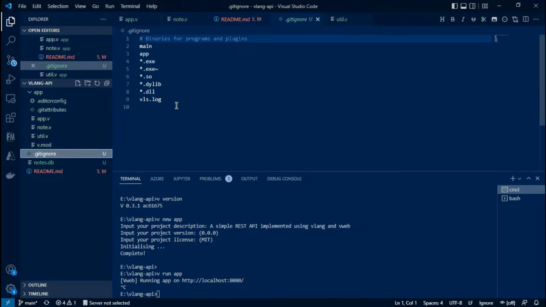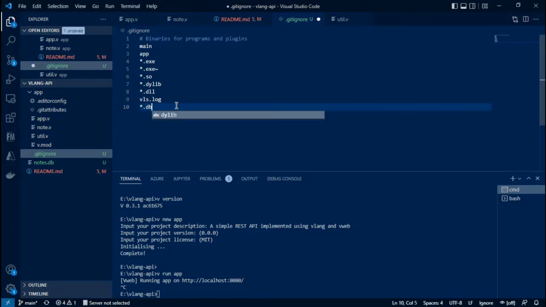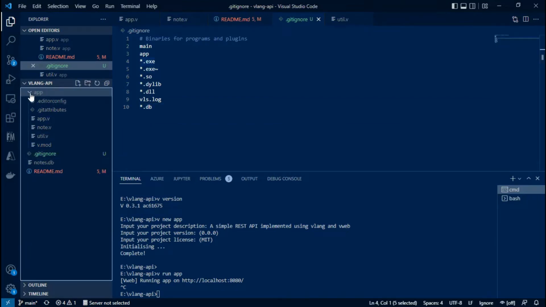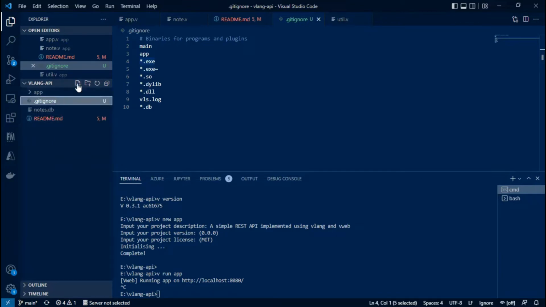We will update the gitignore file by adding an entry for .db file types. .db files are generated because we are using SQLite as a database, and they cannot be a part of our code base. Now we will go ahead and get ready for the deployment. For that, we will Dockerize our application.